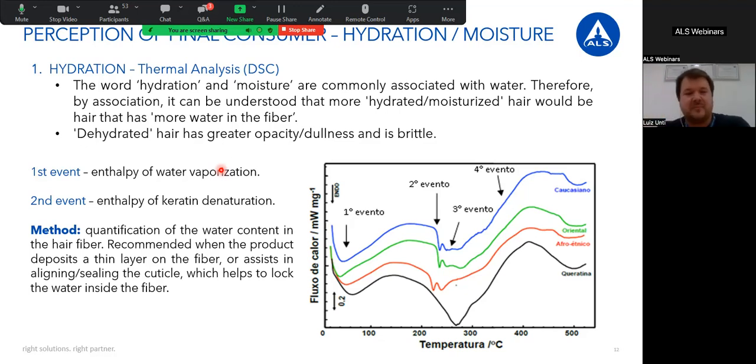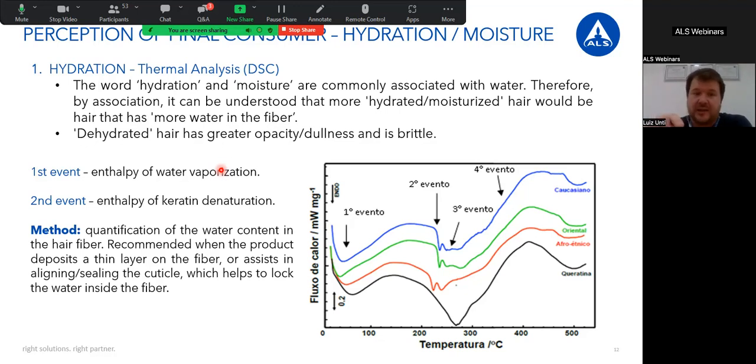So after taking a bath, after wetting your hair, you can solve the problem of hydration and moisture. But this is not where the claim or the main problem lies, because first of all, dehydrated hair has greater dullness and is quite brittle. And we analyze this part of hydration by analyzing the amount of water molecules we have inside the hair